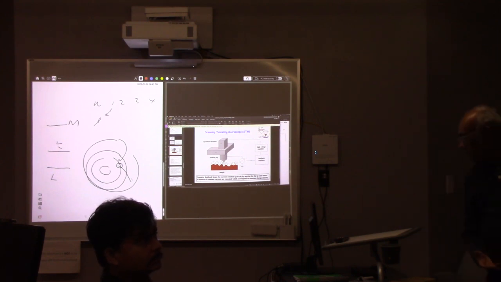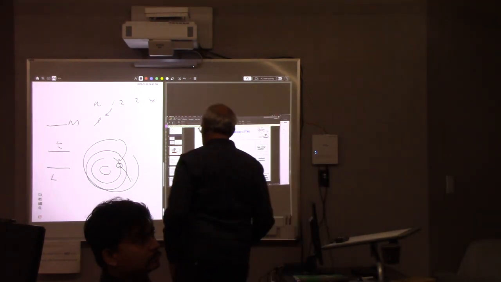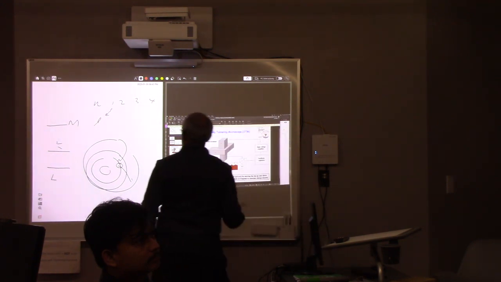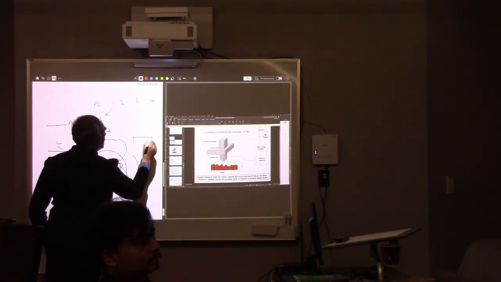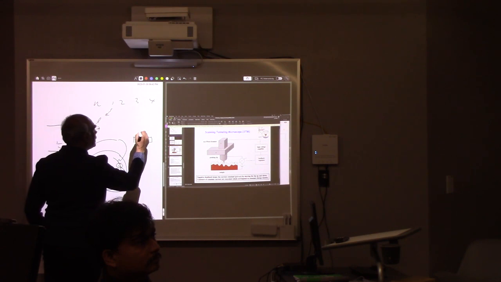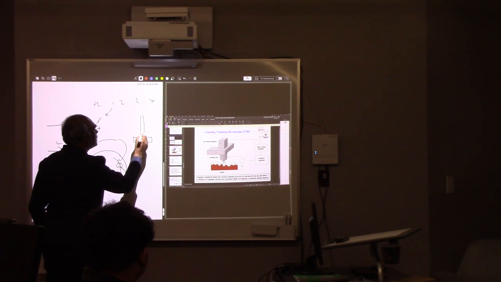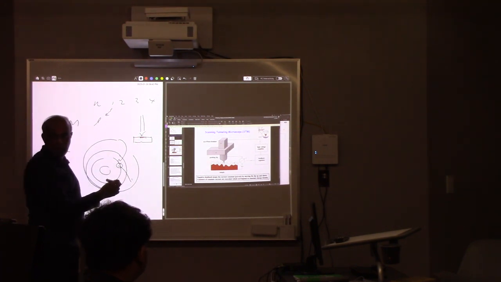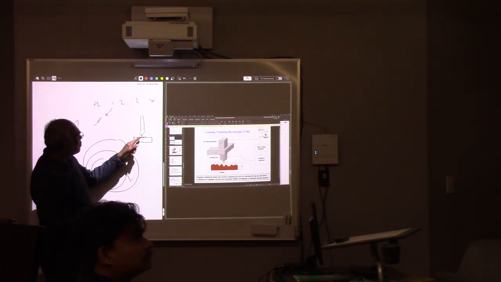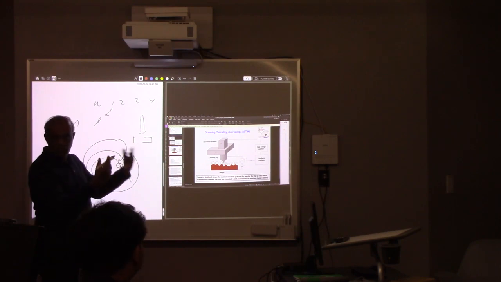So this works on the quantum tunneling effect. You have your sample, and then you bring this very sharp tip here. What happens is, if you bring this so close, this one has atoms, right? Or electrons. This one also has electrons. So then the wave function, quantum mechanically we know we represent them by